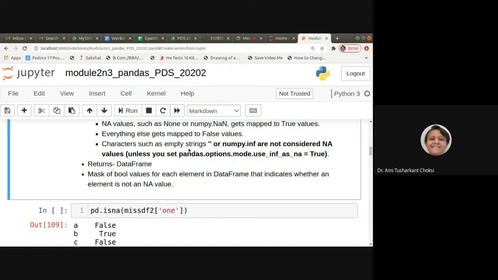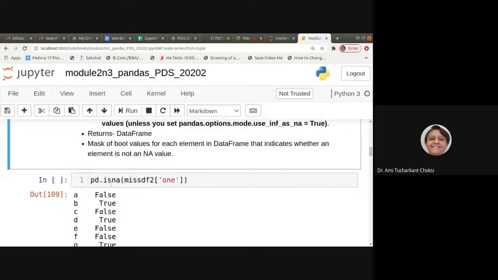Characters such as empty strings or numpy.inf are not considered NA values unless you have already set this particular option as true. So if you want to use that also, you have to set this option as true.